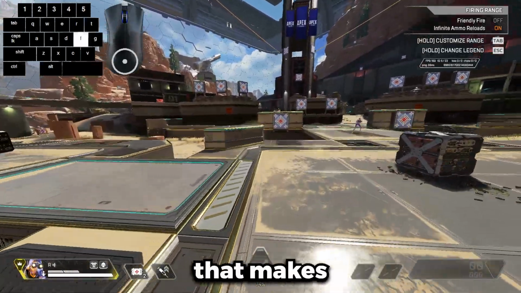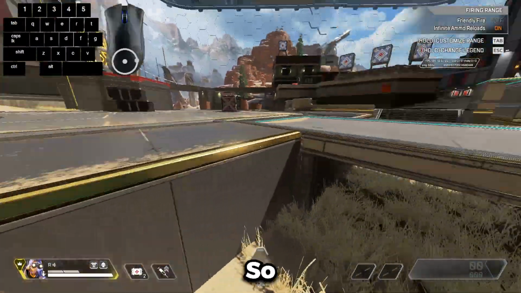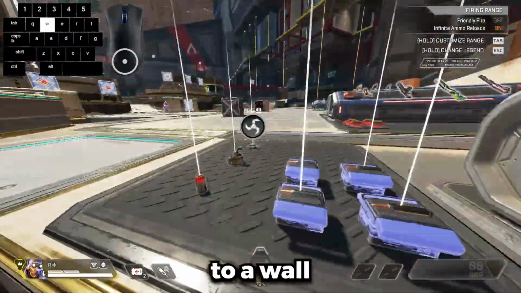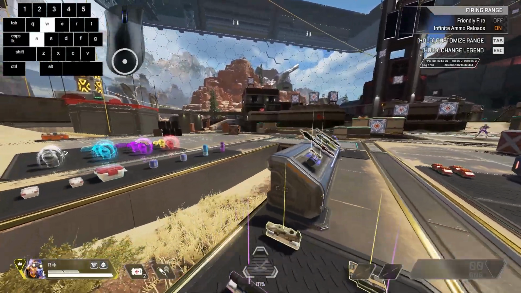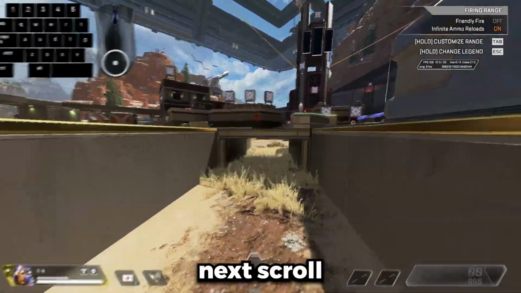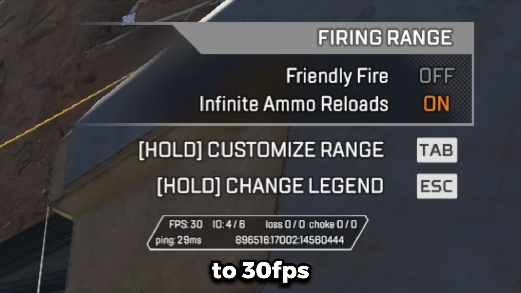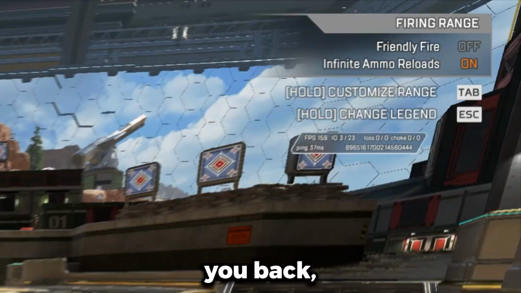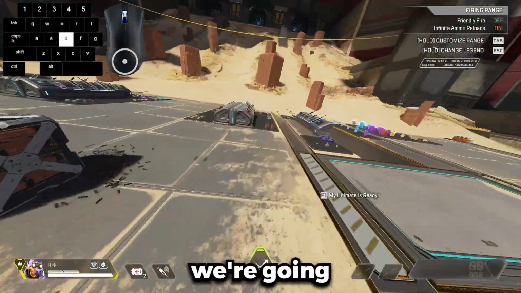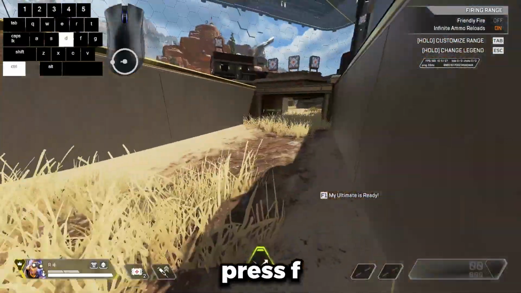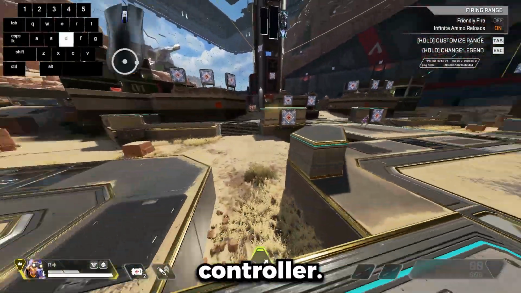After pressing the button that makes you jump, this is how you start every SUPERGLIDE. So every time I go up to a wall, I jump. Your very next scroll is going to set your game to 30 FPS, and then it's going to put you back. Just emulate this on controller. So I have one key on your controller press the F button, and then one key on your controller